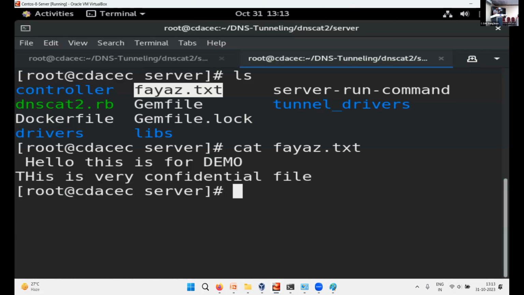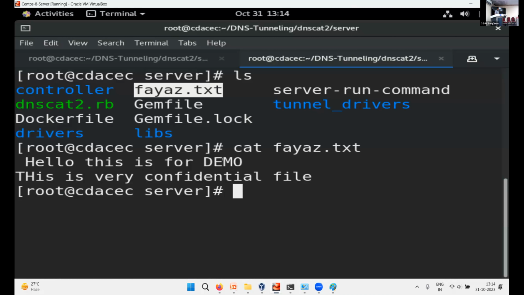Now this is clear, right? What is DNS tunneling? How can it be done? Very easily it can be done. The only challenge for the attacker is to drop a malware to the target machine. If he is successfully able to drop it, even though the firewall is there, even though you have UTM and all, still this attack will not be detected. Still this attack will not be able to be detected.